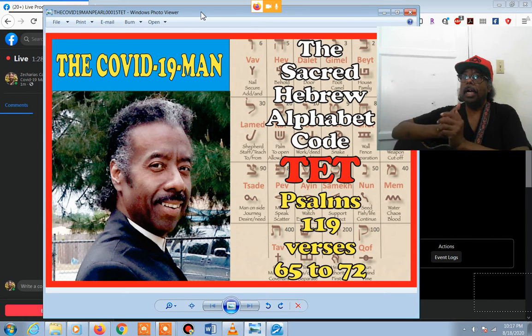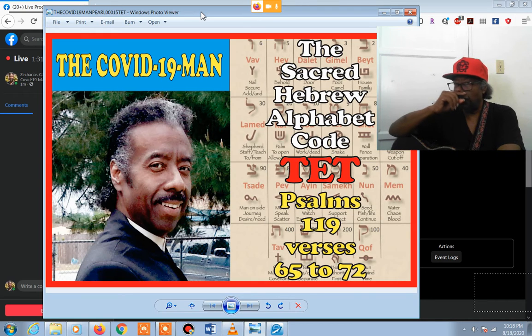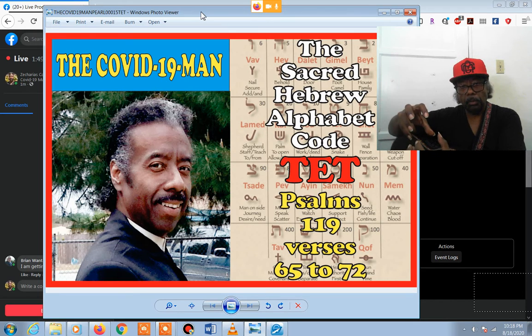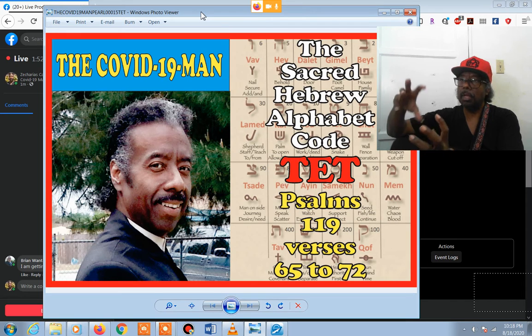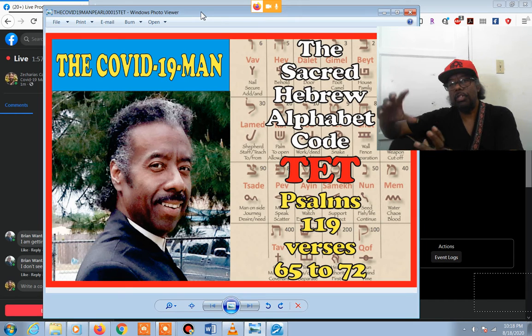And so, the word tub, because that's what he's elaborating, is made out of the TET, it's made out of the vav for the connections, and it's made out of the bet for the house. So it's the gathering, collecting, and dispensing of the thoroughly assembled house, or the thoroughly assembled body, because a body is like a house. So whenever you see illustrations like that in the scriptures, you realize that therefore,